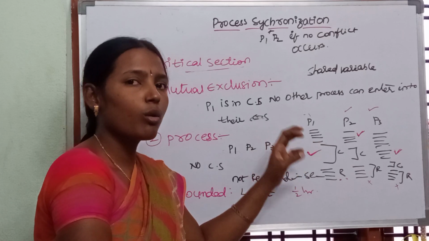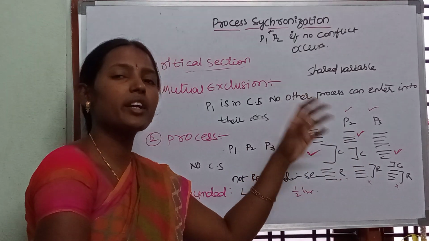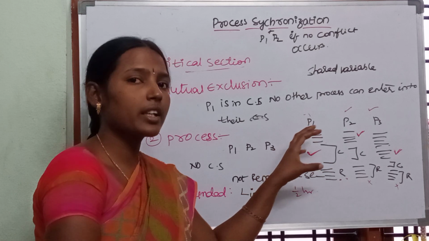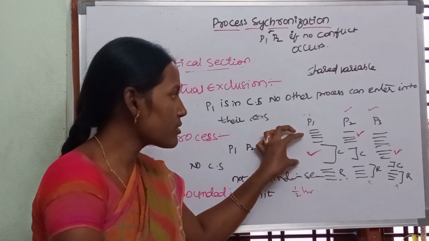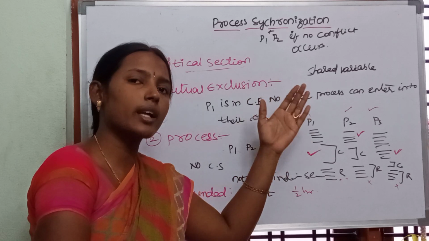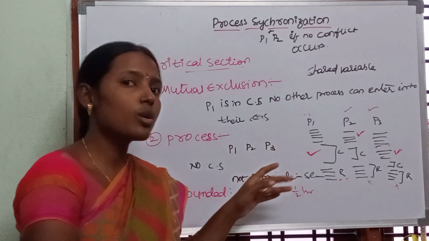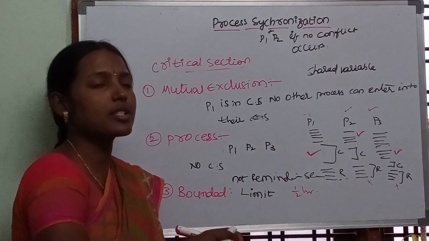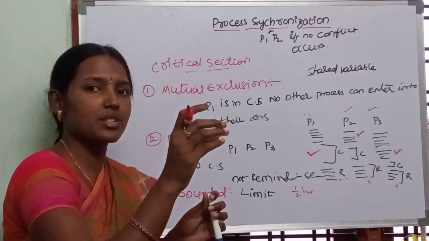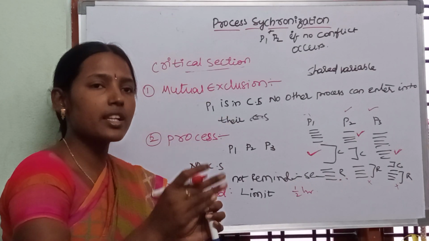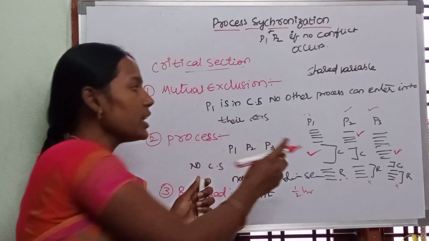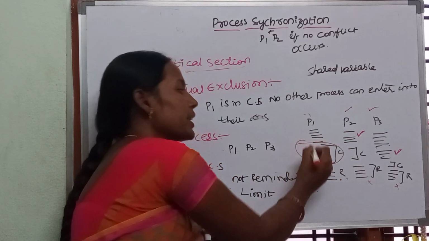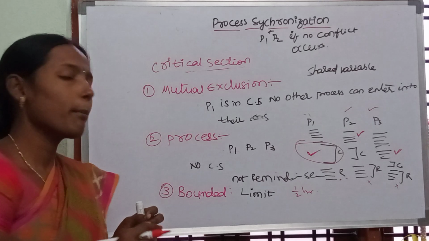So what will happen? Only P1 will execute, and P2 and P3 have to wait for a long time unless P1 completes its critical section. So P1 will execute for a long time, and that may be difficult in some situations. So we have a time limit to enter and exit the critical section. That means there is a limit on how much time a process can spend in its critical section, such that the process can stay for only 10 minutes, or 15 minutes or 20 minutes. That means a time limit is there to execute the critical section. That we call bounded.